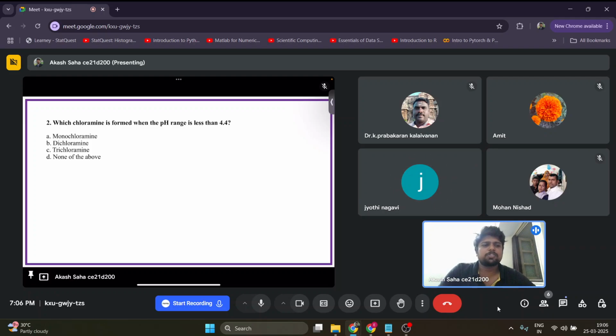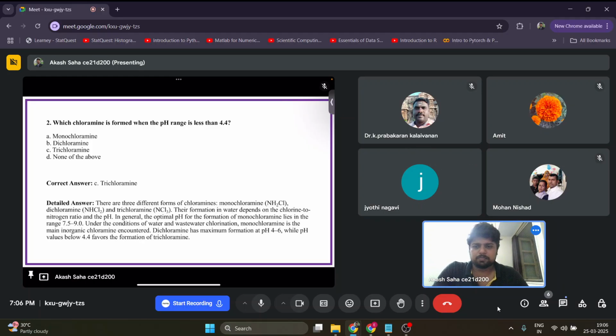So what do you think, will the pH go down or increase? Okay, it depends on the type of chlorine used. Chlorine will exist in different forms at different pH, but that is a separate thing. But the pH will decrease. Yes, it will decrease, and basically we will have three types of chloramines: mono, di,